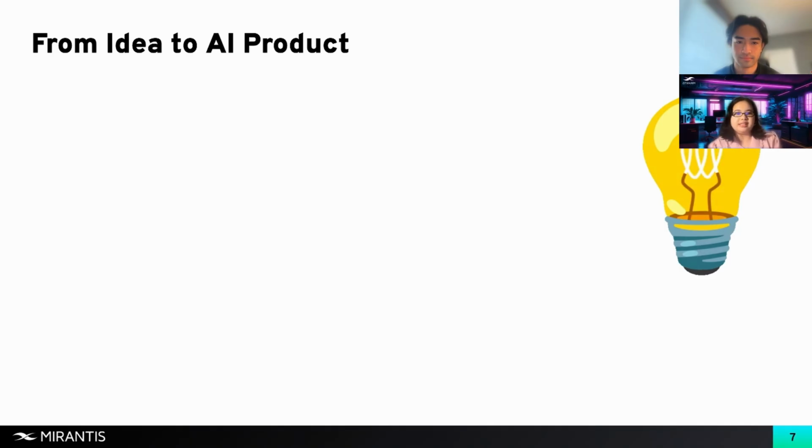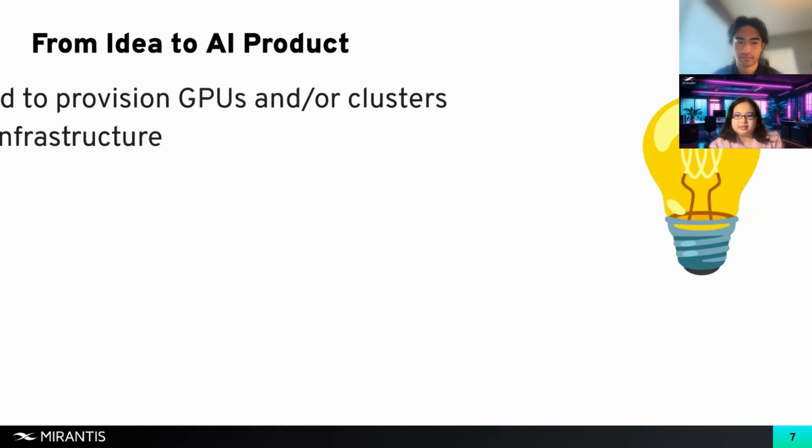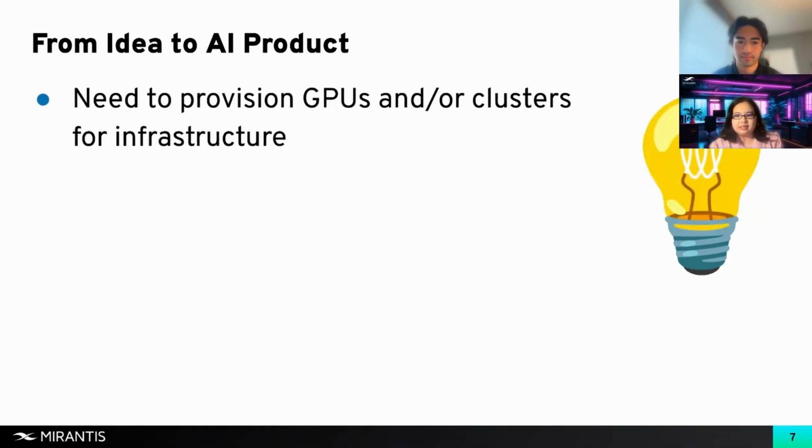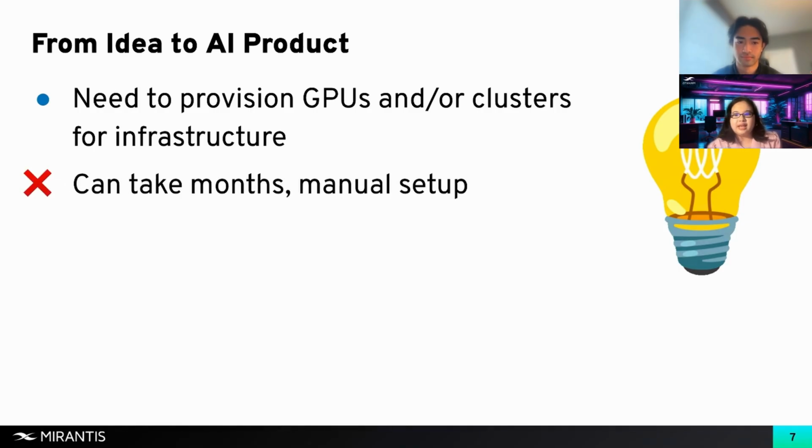So from idea to AI product: you have a great idea for an AI product. Well, it's worth grounding ourselves in the reality most teams face today when trying to create an AI product. Provisioning GPUs and Kubernetes clusters for an AI product is often slow, expensive, and operationally painful. GPU capacity is limited. Cluster setup and tuning can take weeks, and reliability and compliance requirements add even more overhead. On top of that, it's easy to end up paying for underutilized GPU resources while still struggling to meet performance expectations.